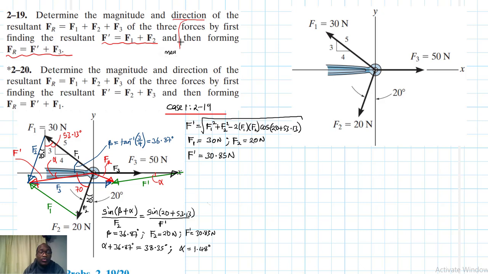Of course, every time we mention a direction it is always measured anti-clockwise from the positive x-axis. Here it's not mentioned, but let's assume our direction is measured clockwise from